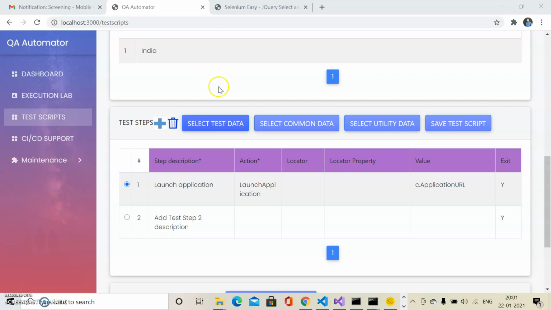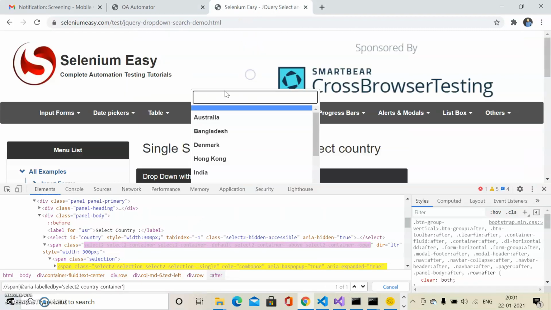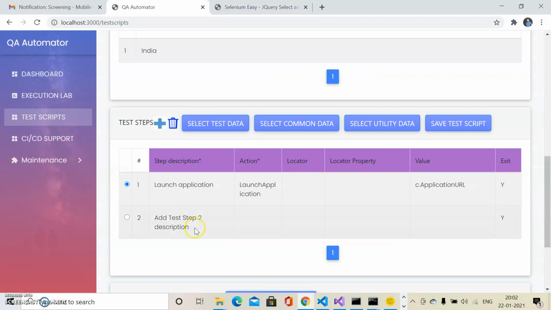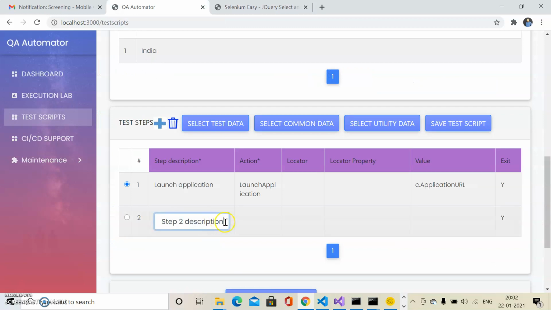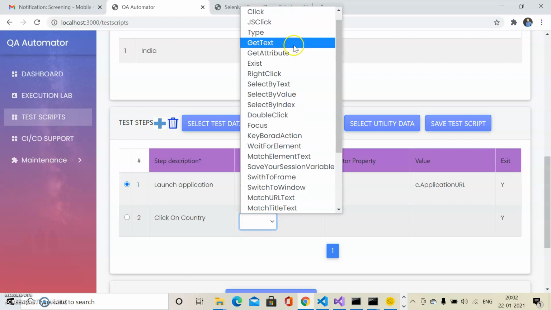For the next step we have to click on the country drop down, and on the third step we have to type the country name. I'm just putting in the information. The action should be click.